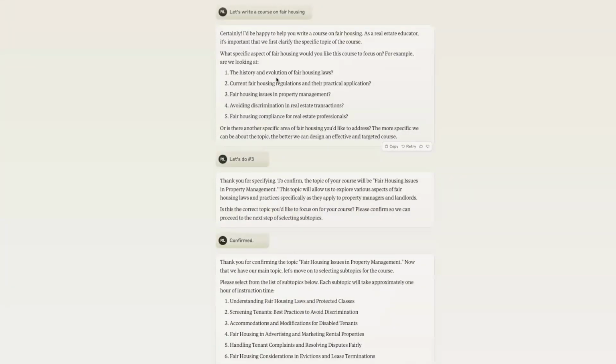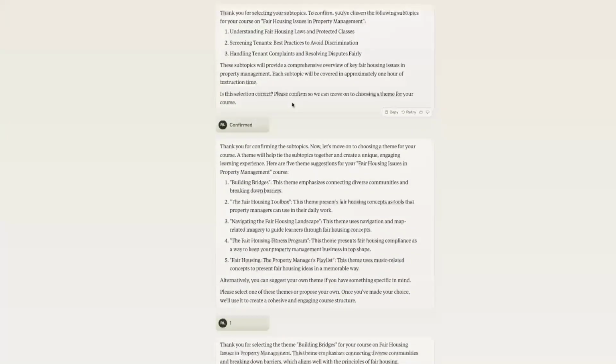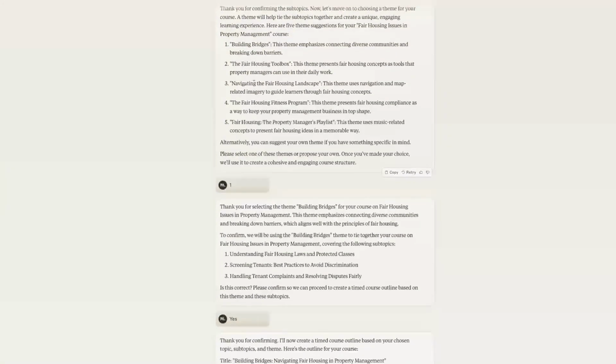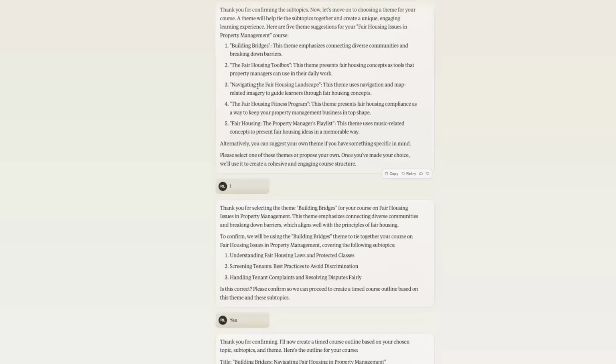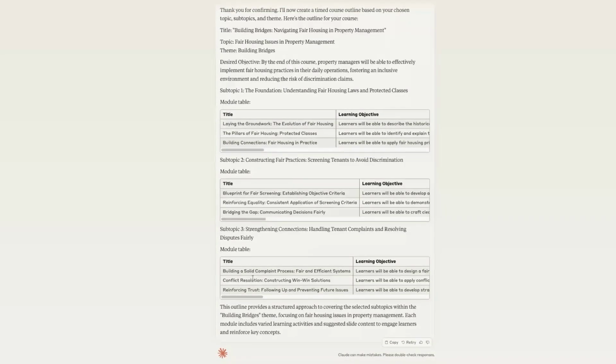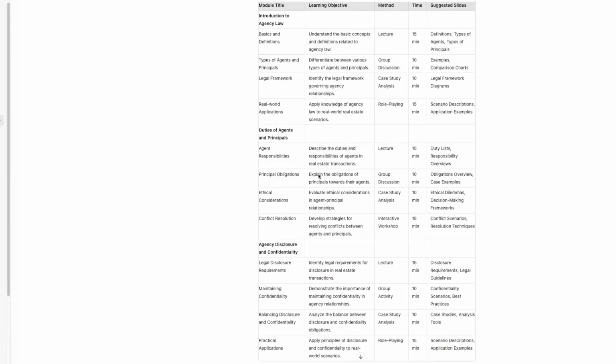I will tell you from my perspective, Claude creates a much better course because it's much more aligned with the instructions that we've given it. It's given us themes that create a better thematic element to what we're doing. The courses are much simpler. The slides are much more detailed in terms of helping us build a presentation. And it just gives us a better output. But the ease of use is less because you have to scroll over and things like that. And here you compare this here.